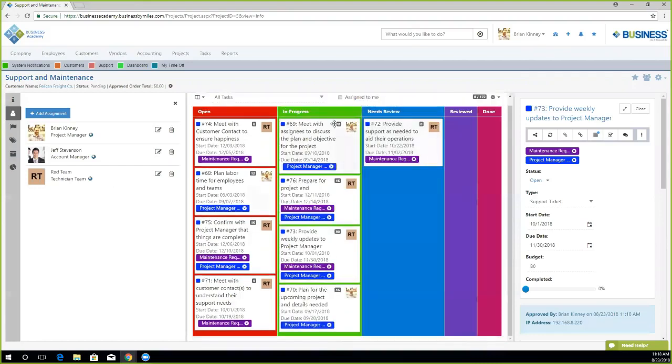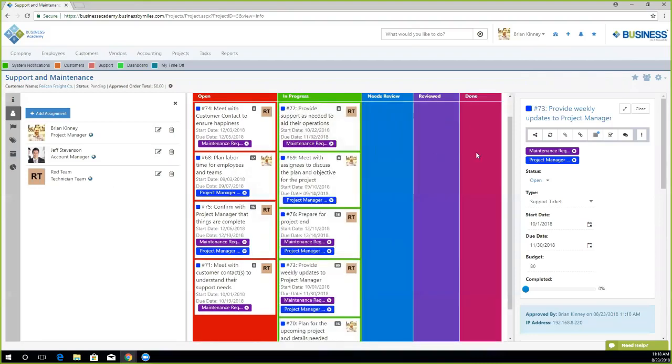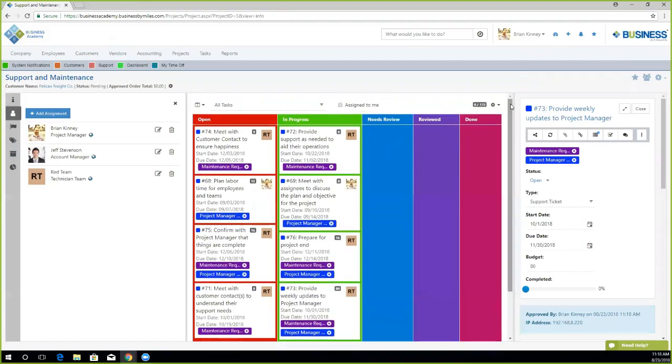So if this is done, but it needs to be reviewed, we can move it over to the needs review, and we'll just keep moving it over as the status continues on towards the done phase. So the project board will move things along in statuses in terms of when they're open to when they're done. And as we move things to done,